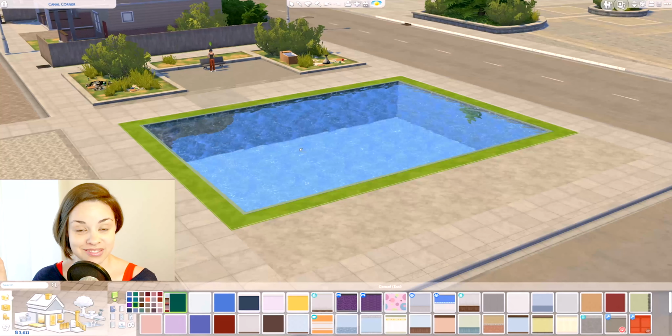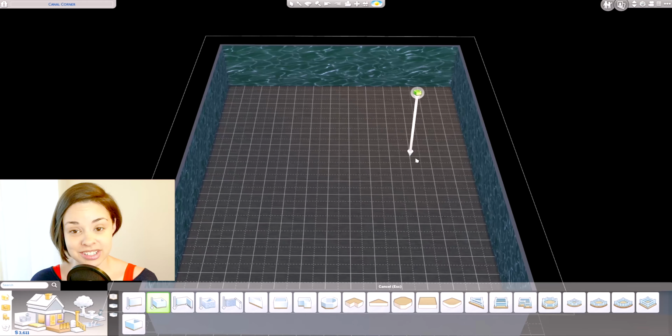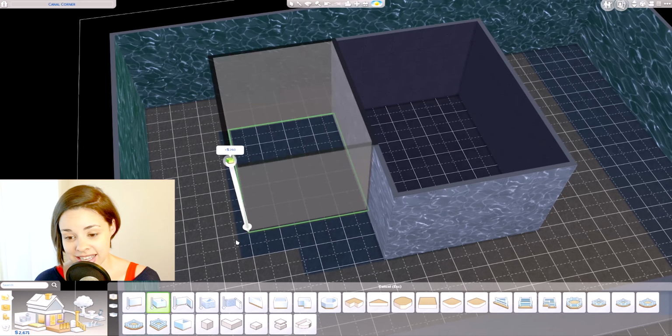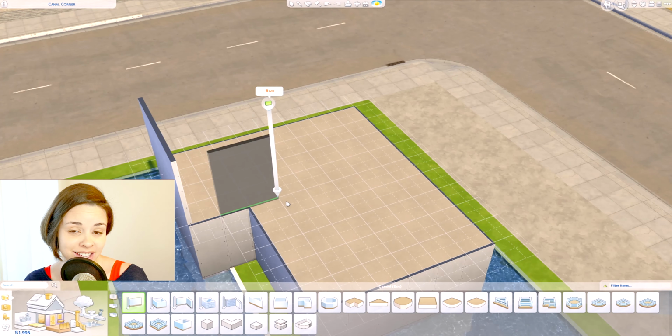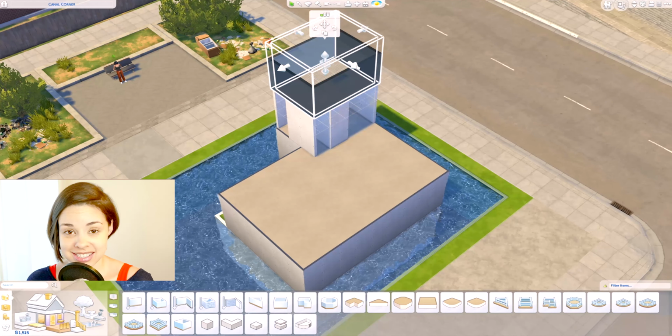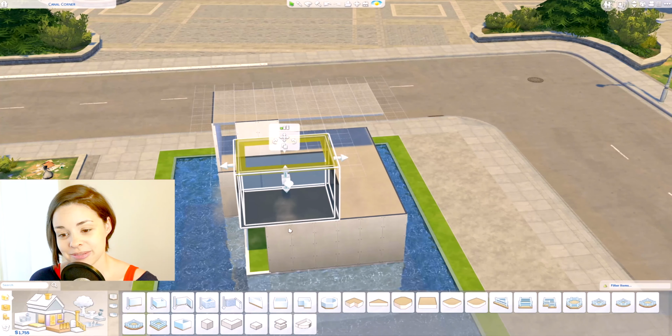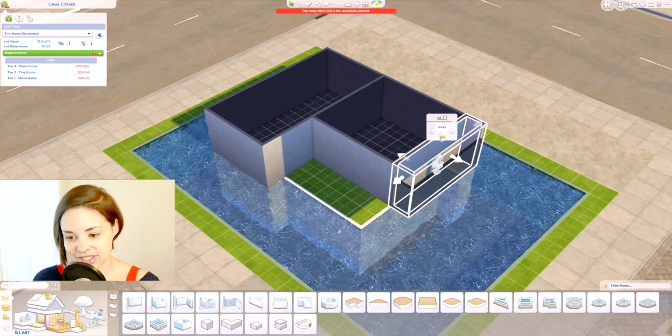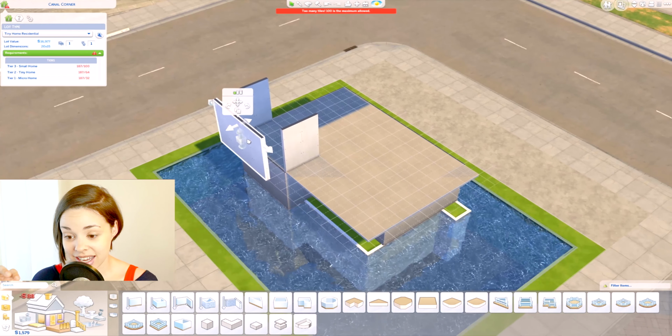So I put it in this random neighborhood, and I know this is a very cookie cutter neighborhood where all the houses look the same, but hey, why not have a random boathouse in this neighborhood? Because you can. Now here, I had a little bit of a difficulty making it because I did not know